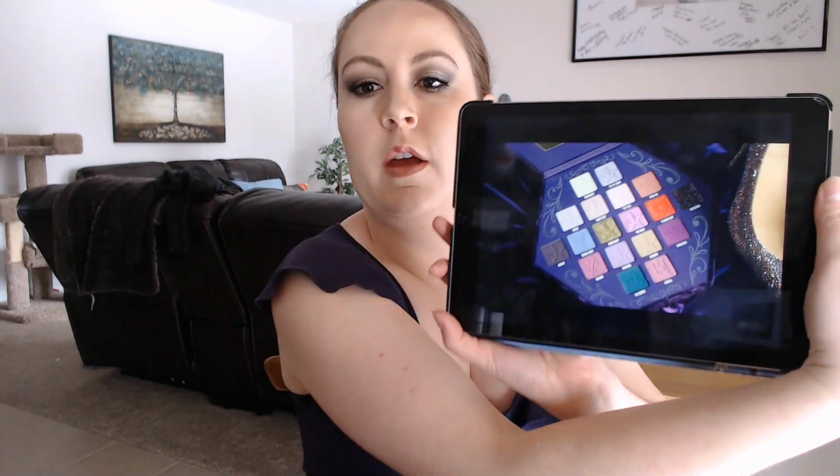I think the design is really beautiful. It's very aesthetically pleasing. It's just not the easiest to store nicely in my home, and I think a lot of people agree with that sentiment, but I'm sure a lot of people love the packaging, so that's just my take on it. And then looking at when he opened the palette, and I got the first look at the shades that are there,